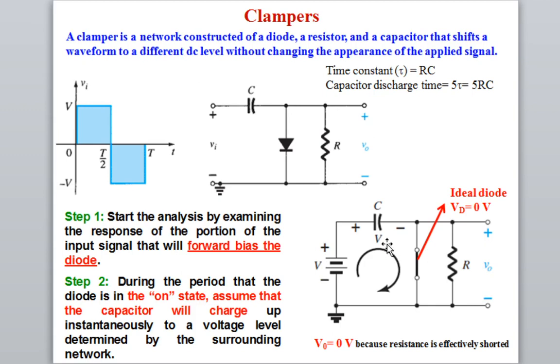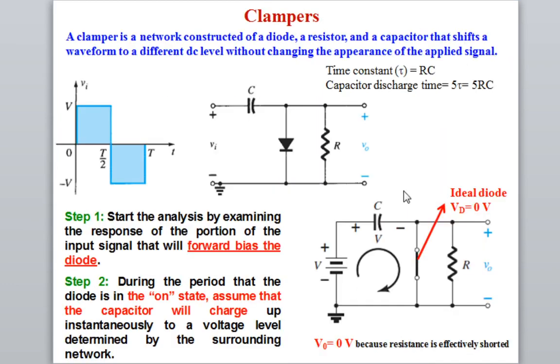This means when this diode is in forward bias, whatever value of voltage is applied, that voltage will appear across the capacitor, and the capacitor will fully charge up to the same voltage. That is why I have written V volt and V volt. So this is the second step. Now in the second step you find out the output voltage, that is 0 volt, and how much voltage appears across the capacitor, that is basically V volt, the value of the applied voltage, so VC is equal to V. So this much you have found out.